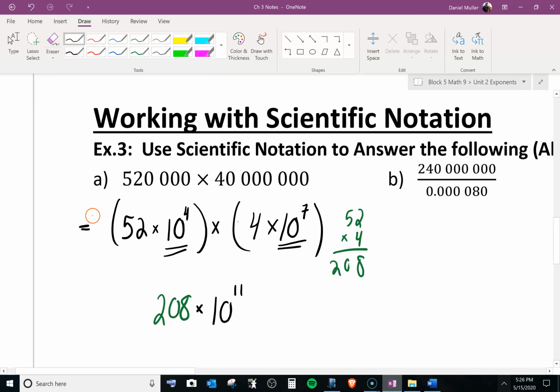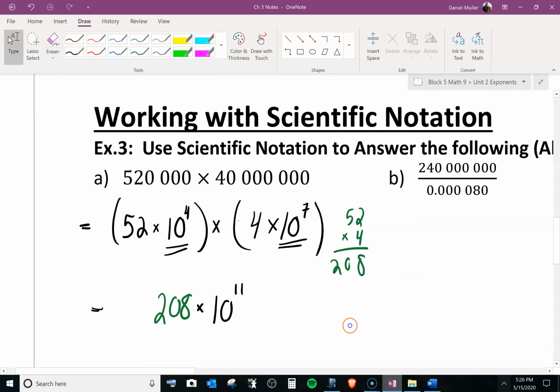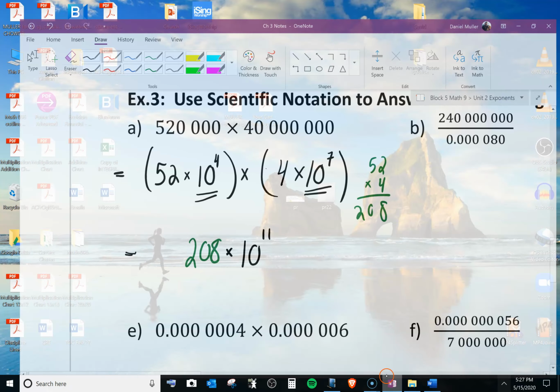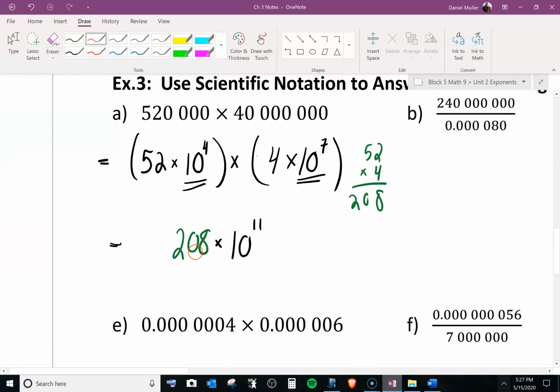So step number 1 was turn it to scientific notation. Step number 2 was use the exponent laws to make things a little easier, in this case, the multiplication law. And then you can actually multiply the numbers, so 52 and 4, just like you've always done. Lastly, you need to move the decimal place over. 208, that's a large number. We need to make that into a number less than 10. So the decimal place is at the end. We're going to go 1, 2. So we're going to make it